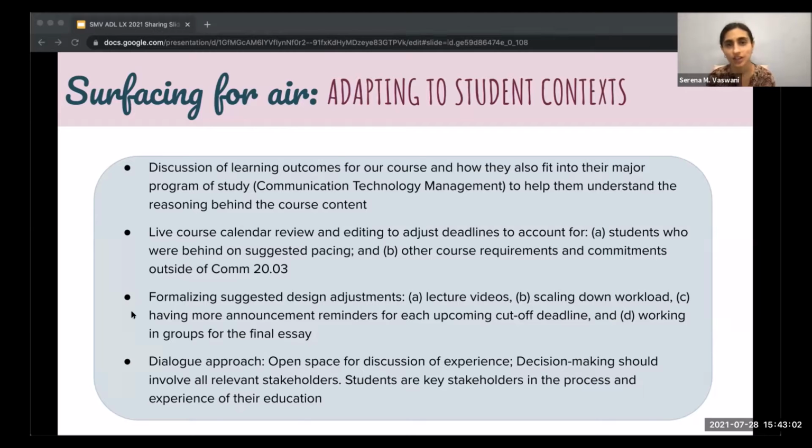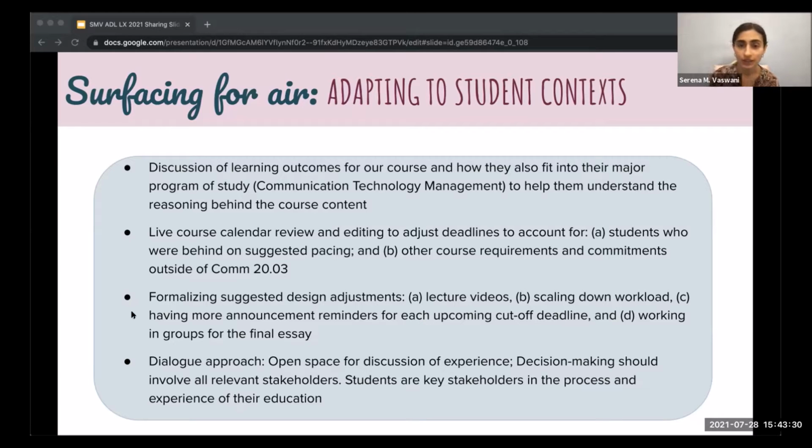But when you actually have a discussion and explain how that manifests in real world situations with them, it then makes it more apparent for them why we can't just let go of this content, why we need to be able to touch on all of these themes and topics for the quarter. And then that gets them to think about, okay, how can we work around this? Because now we realize the relevance in terms of our learning outcomes.